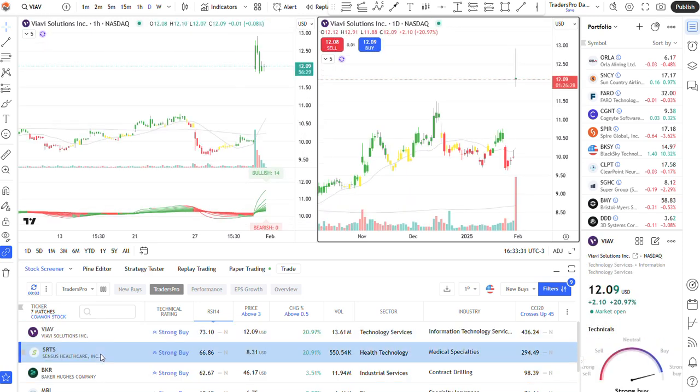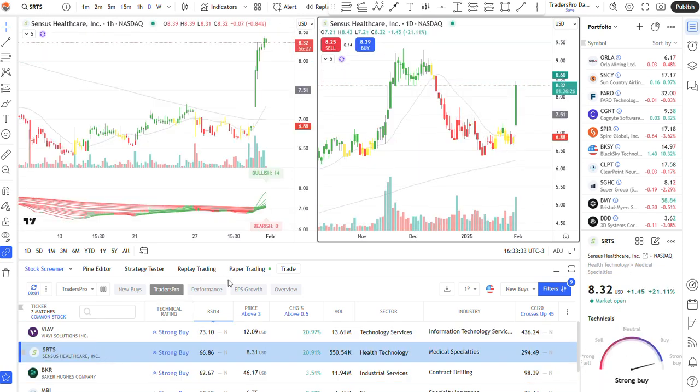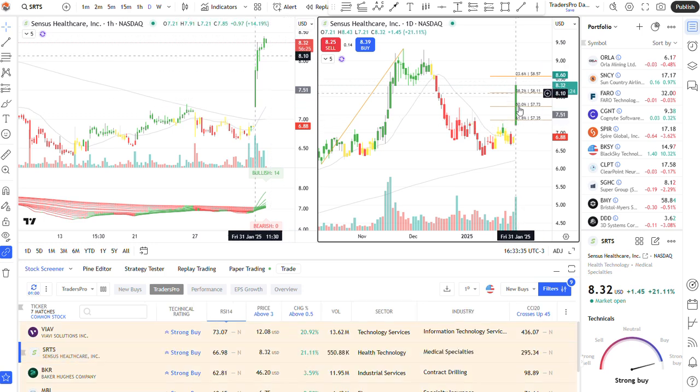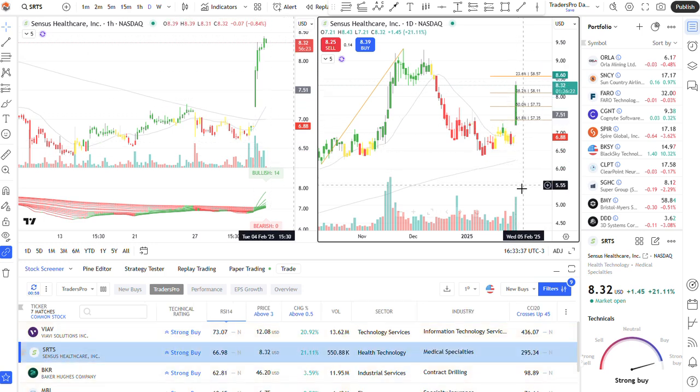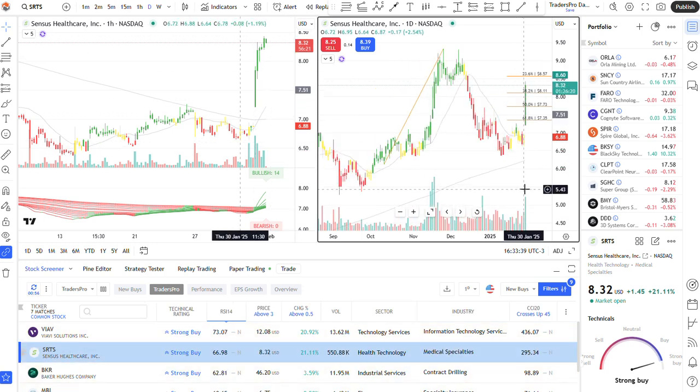Do we have any new buys that are interesting or attractive? Here's one. It's a nice clean signal. It's up about 20% early on, in pretty big volume. If we were looking at this chart, one of the other things that's kind of nice is you